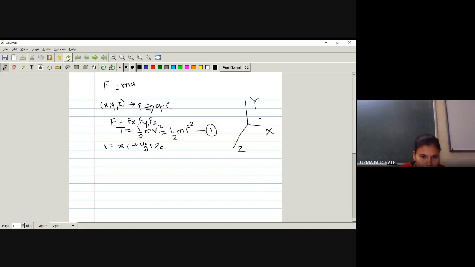So now let me write down what will be r dot. What is the value of r dot if I am going to differentiate? That I have told you in initial lectures. So I can write it as x dot i plus y dot j plus z dot k, because these are going to change now. If you have a different position, that will be x dot, y dot and z dot, right?